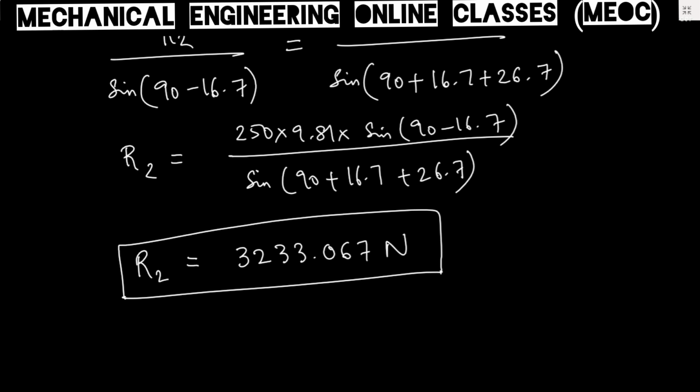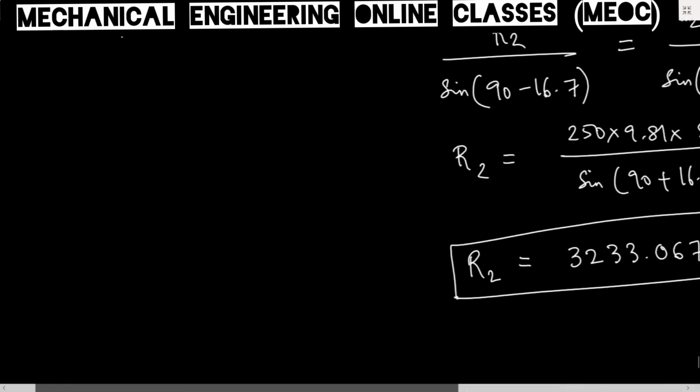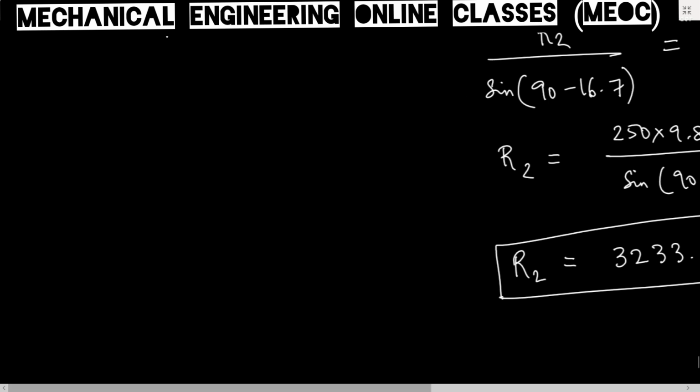For this we have considered the resultants of friction and normal. If there are more contact surfaces, then this won't be of much use. So let us see the next step of the problem, where we have to find the value of P. For that we have to draw the FBD of the wedge.